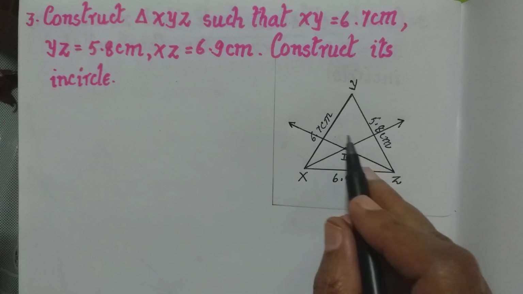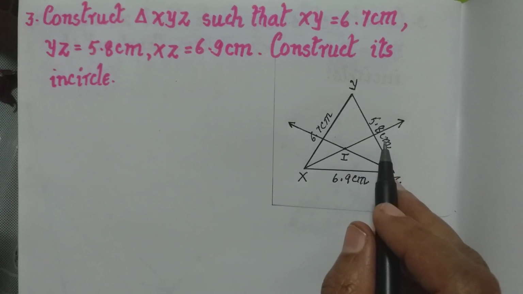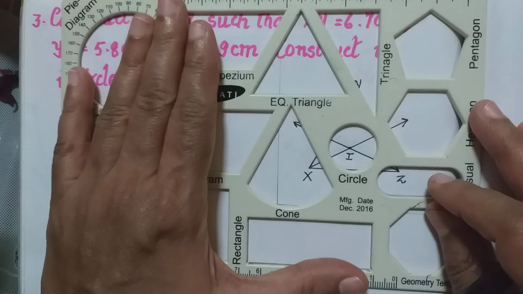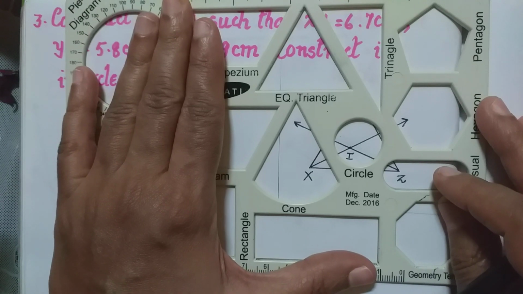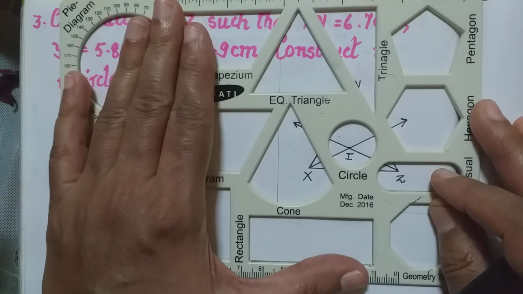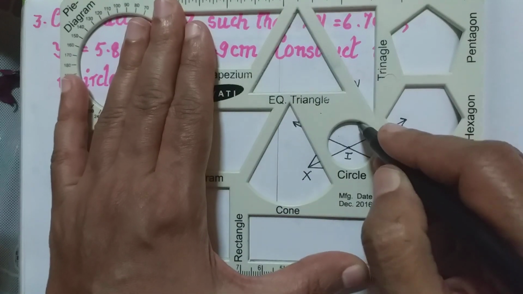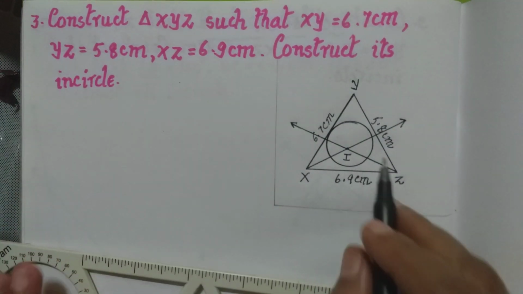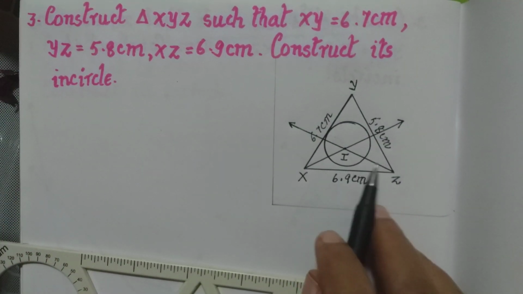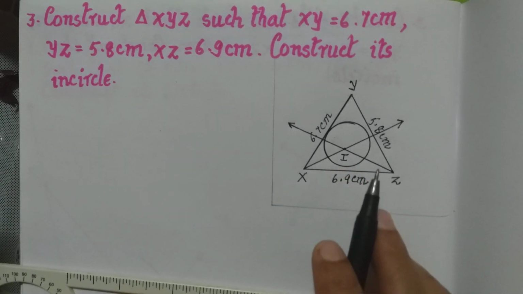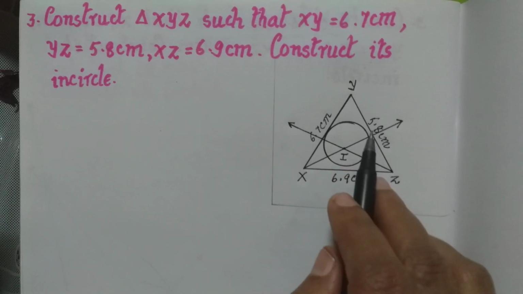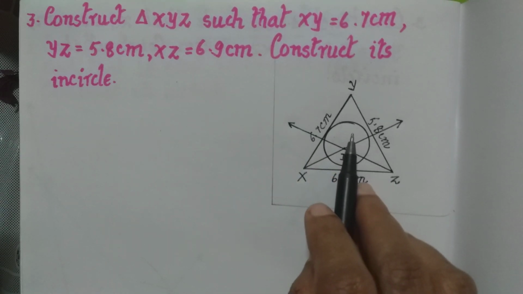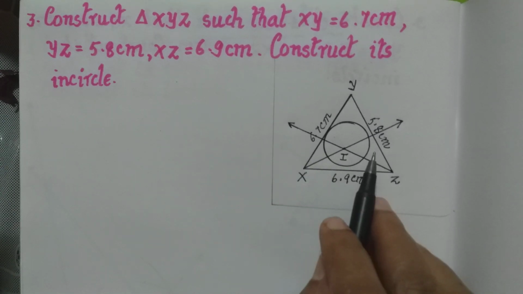Now we have to show that we draw an incircle for this. So for that we take again this measurement approximately, which will form the incircle of this triangle, and draw it. So we have drawn the incircle of the triangle. Again you remember, this is just a rough figure I have drawn. When you draw, even in the rough figure, you should see that the incircle touches all the three sides of the triangle. So this rough figure is completed.